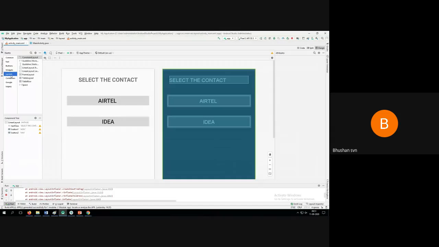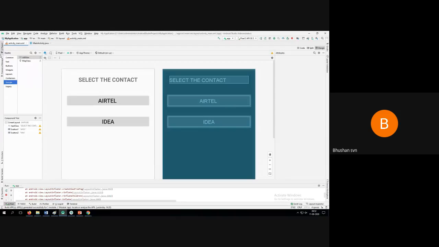Then you have layouts. So I told you there are different kinds of layouts that are available. So depending upon the type of applications, you can use whatever layouts you want. Similarly containers, you have so many categories of containers. So over the period of time you will come to know what all these things are and how they can be used in your applications. And similarly if you go to Google, you have a map view, where you have some kind of GPS or location based services, so you can use this.